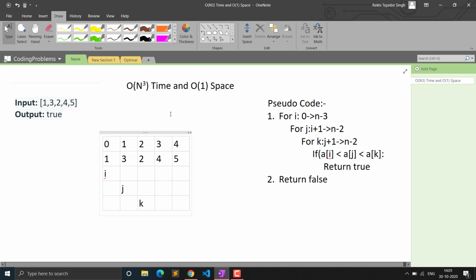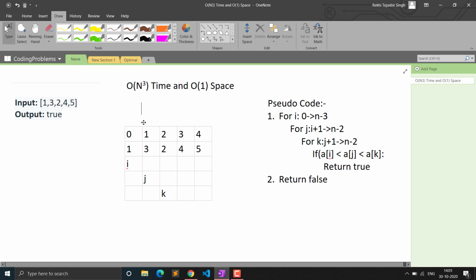And the time complexity for this particular solution will be O of n cube, and the space will be O of 1. If you give this answer in the interview, it is a good start actually, but the interviewer will ask you to optimize this further, because he expects you to solve this question in less time. So that is why now you need to optimize this n cube.